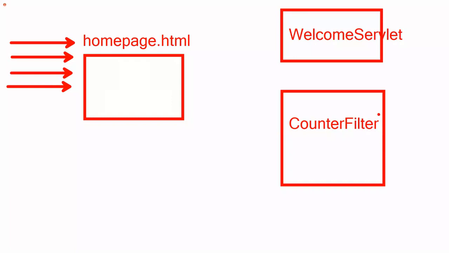It is an instance variable. Okay. Now where do we have to write count plus plus? Inside which method? The doFilter method. So int count equal to 0 in counter filter, and in doFilter we will write count plus plus. Next, but the filter should execute, no? Are you sending a request to the filter? No. Then